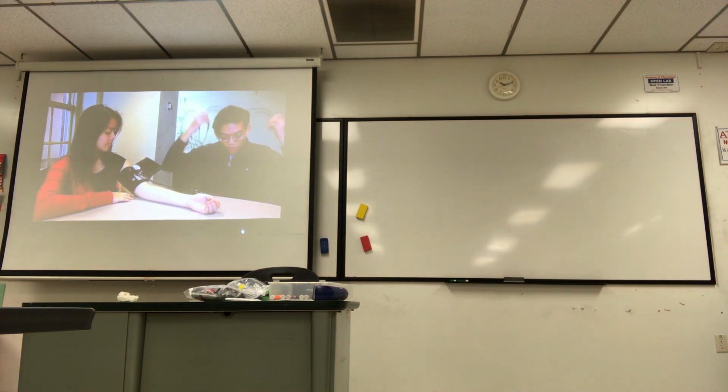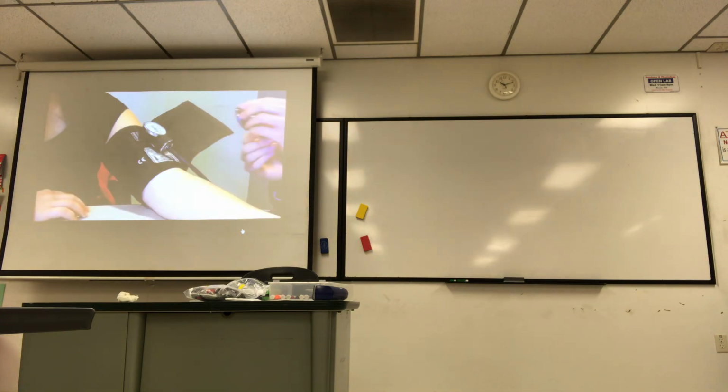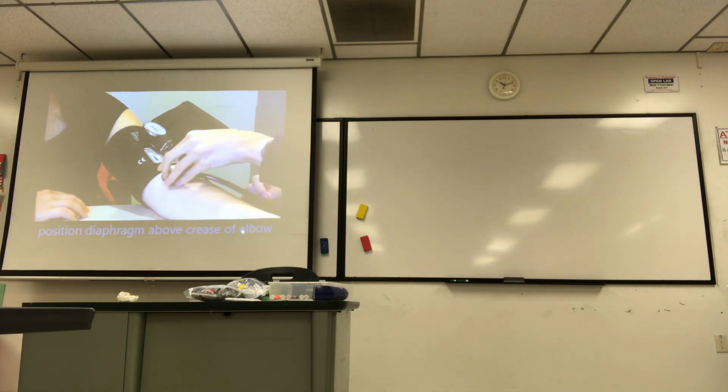Now, you want to take your stethoscope, and again, ensure that the earpieces are angled away from you. As such, take the earpieces and place them in your ear canal to create a tight fit between your ear and the earpieces. First, position the diaphragm of the stethoscope against the skin just above the inner crease of the elbow, so that